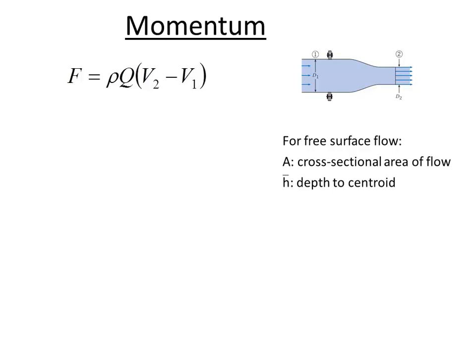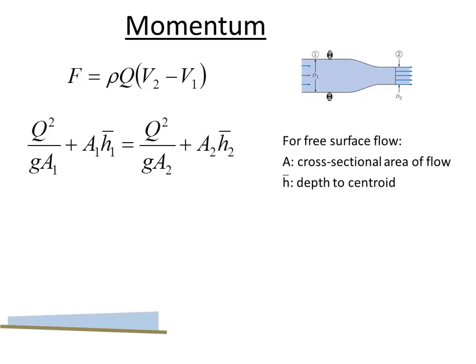But we can apply some of these same principles of conservation of momentum to open channel flow. But instead of pressure, what we're going to have is depth. And that's a substitution we've made a number of times already this semester. In free surface flow, let's say that we've got a channel bottom, and the depth of flow in this case is increasing, but it doesn't necessarily have to increase for conservation of momentum to apply. I've just shown different depths at upstream and downstream locations to illustrate that momentum principles can be applied even in non-uniform conditions.